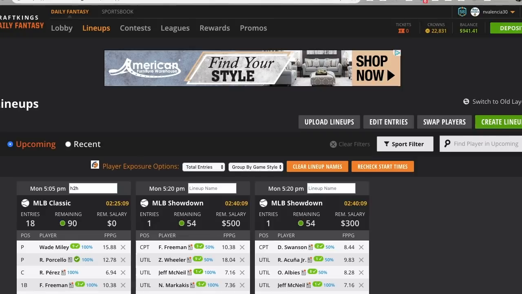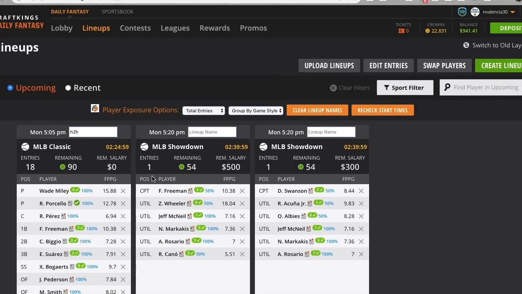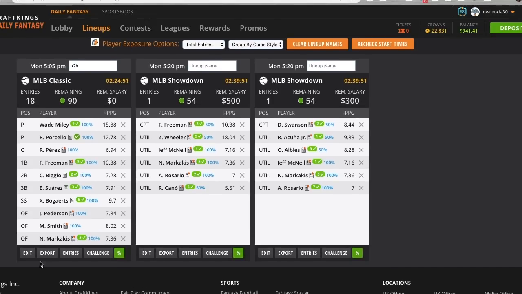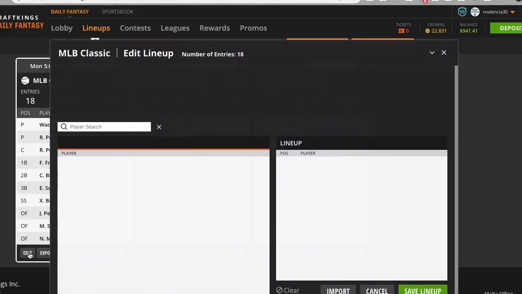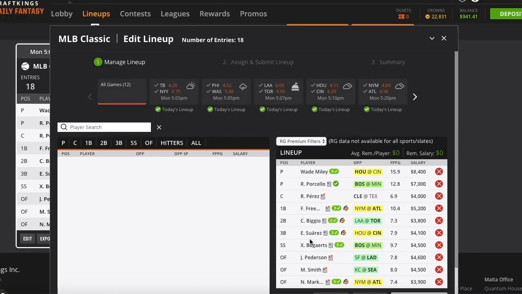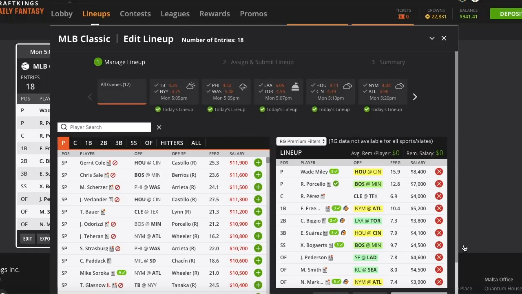Let's move on over now to the lineups page, where we have the player exposure and the lineup naming features. We also have a not starting feature, which will show you for your lineups if you have a player that isn't in the starting lineup. I would need to change this lineup to get that, but for soccer and MLB lineups, sometimes that will be the case. So if I were to edit this lineup, I would need to turn on